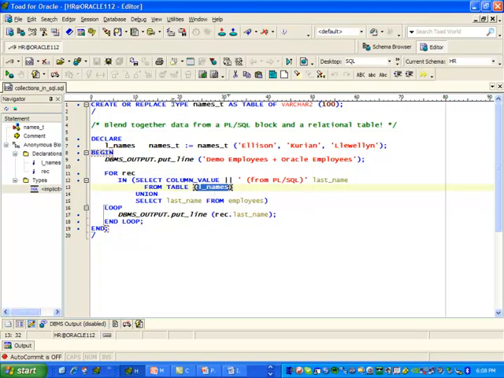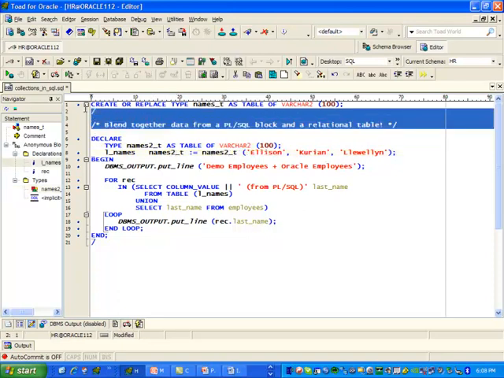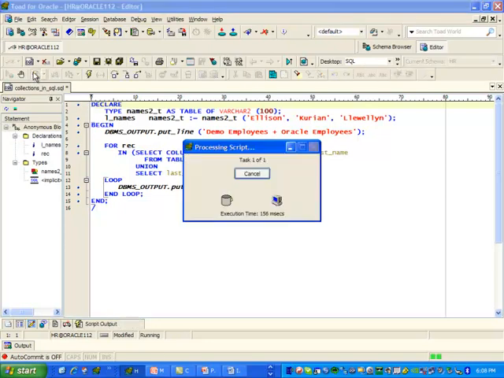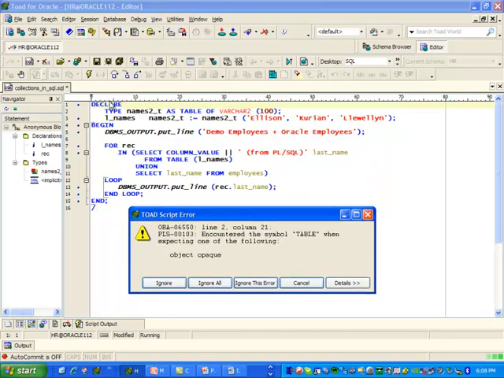Now let's try one more thing, which is to take the definition of my nested table and put it inside my local block. And let's change the name of the type to make it different from the schema level type. And let's try it again. Now it's saying I encountered the symbol table when I expected one of the following. Object opaque, I'm not really sure why it's expecting one of those, but the bottom line is that because my